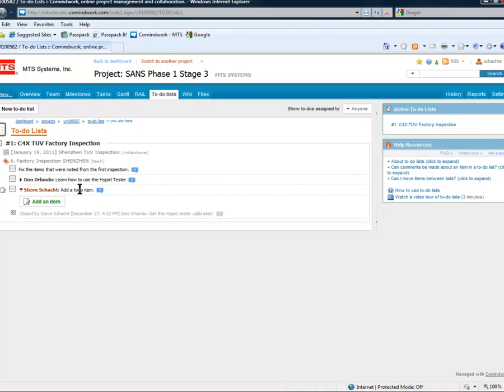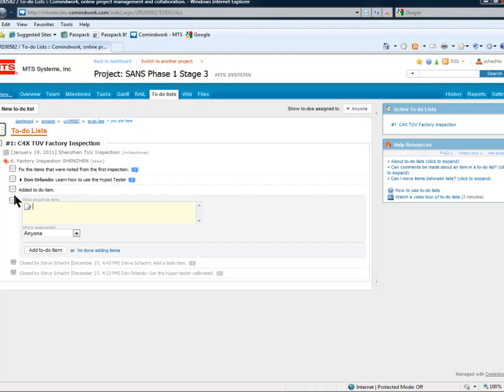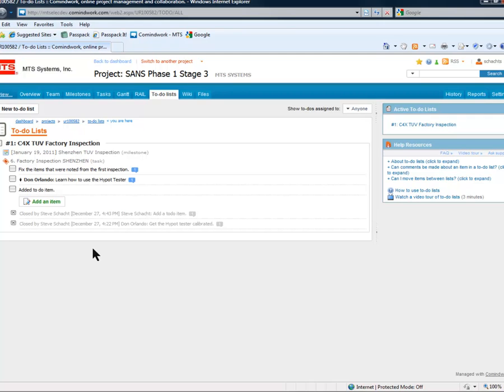After to-do items are done, generally we learn that there was another thing that we need to do, and so we can add another to-do item. And we can assign who's responsible. It might be you, the person writing it, might be somebody else. At the moment, we won't assign them to anybody. And so now, all these to-do items, when they are done,